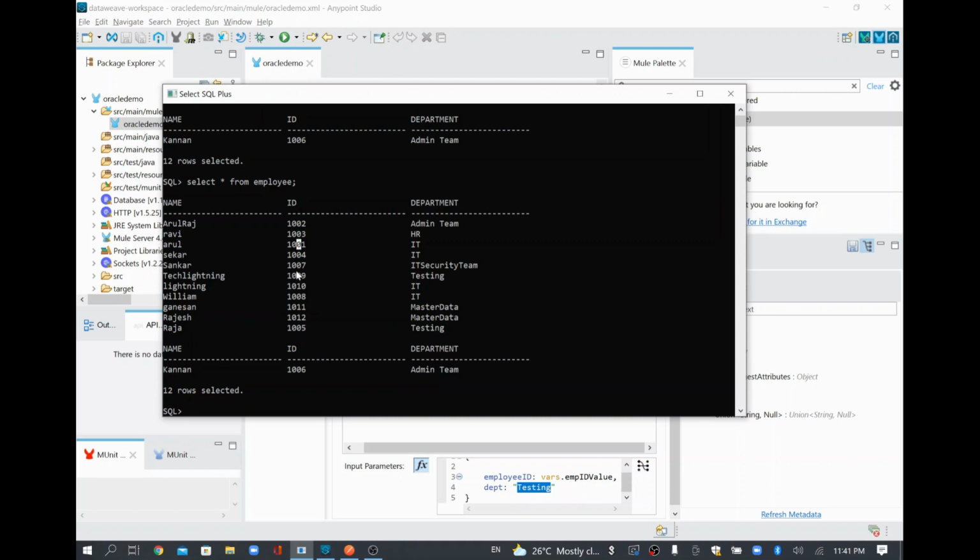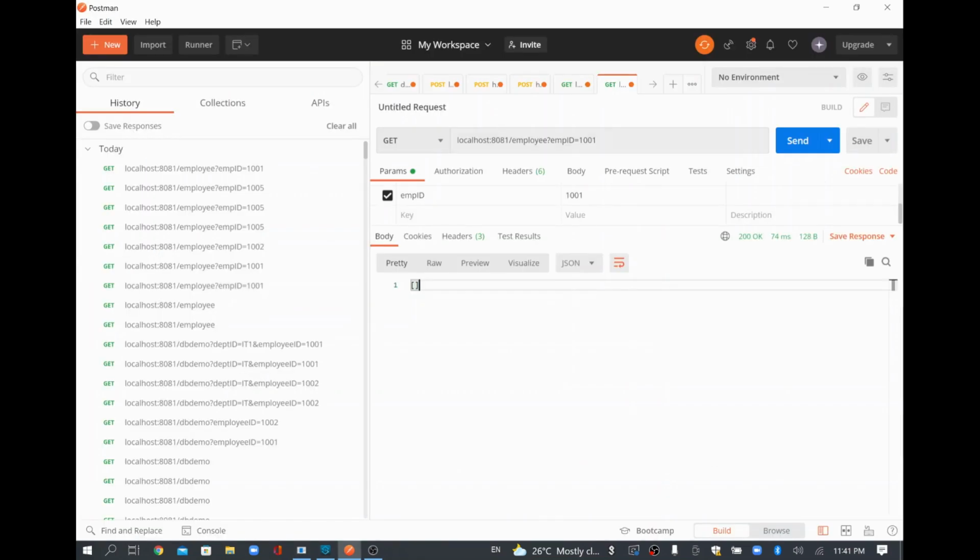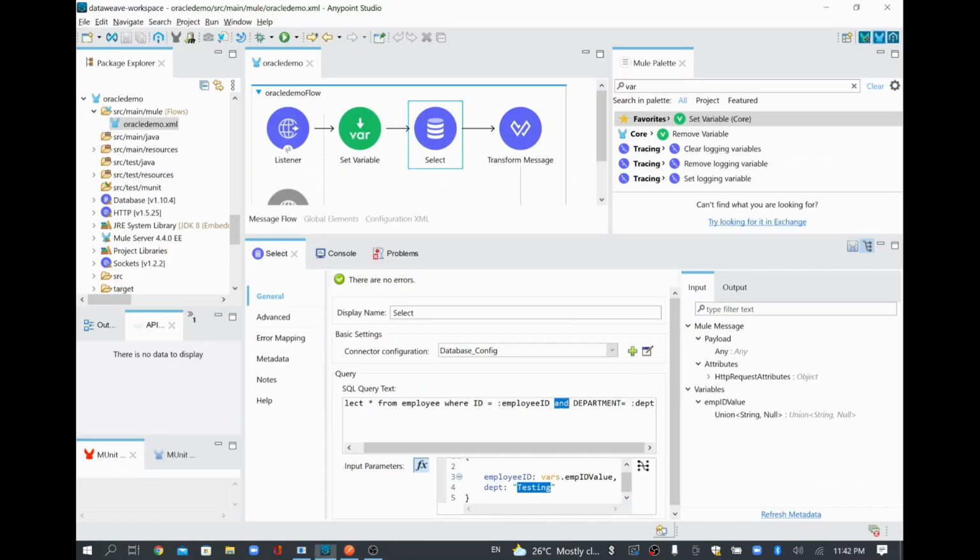Now if I match 1005, it will come, because the department should always be testing. If I match 1009 also, it will come. So I'll try with 1009. It's supposed to return one record now. You see here one record is coming. So this way you can connect to your Oracle database and fetch whatever record you want from the specific table. Thank you.